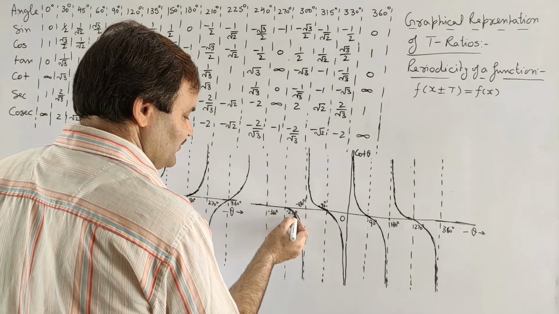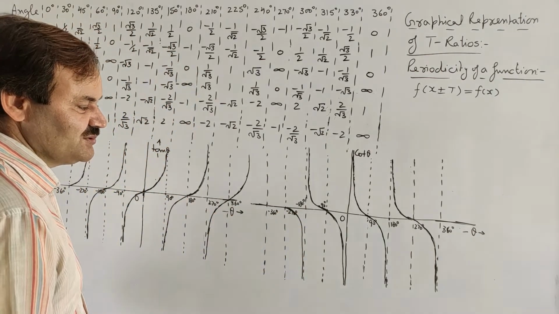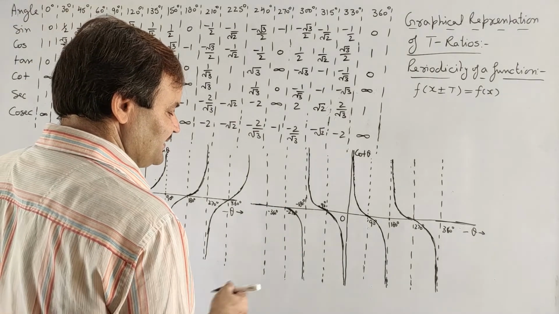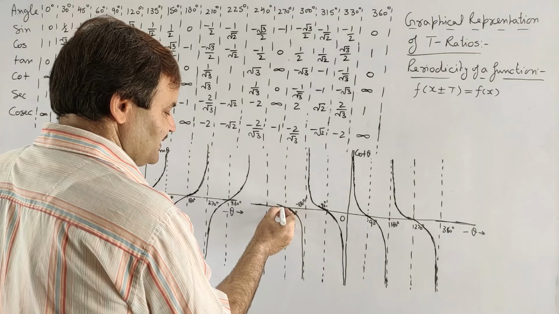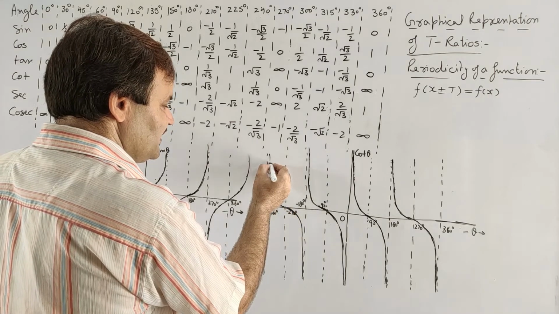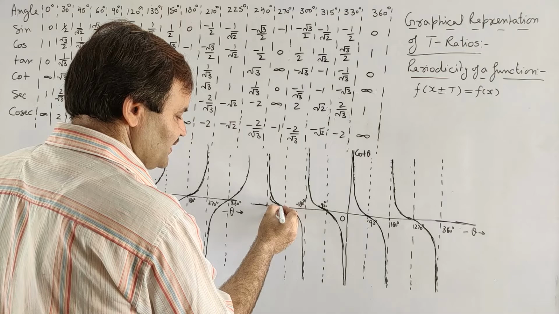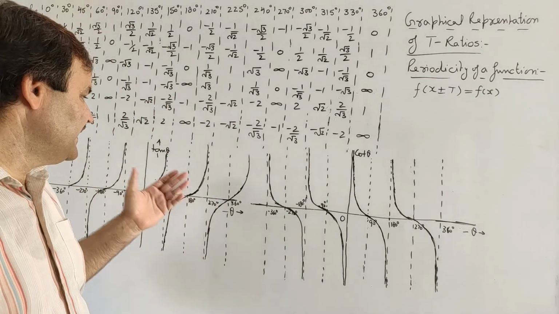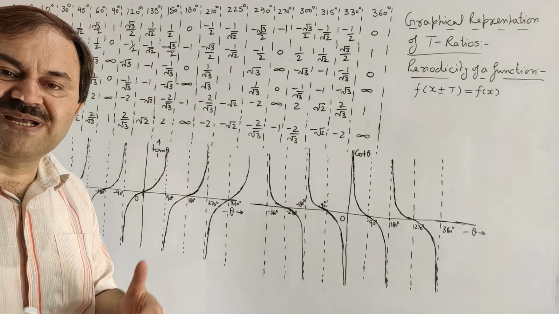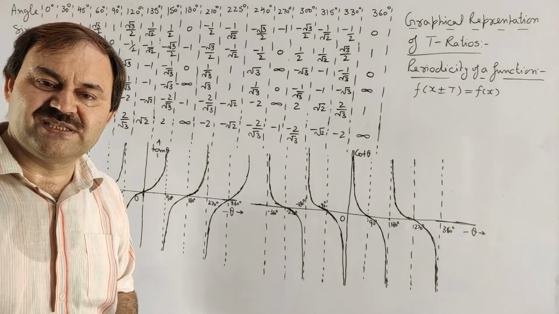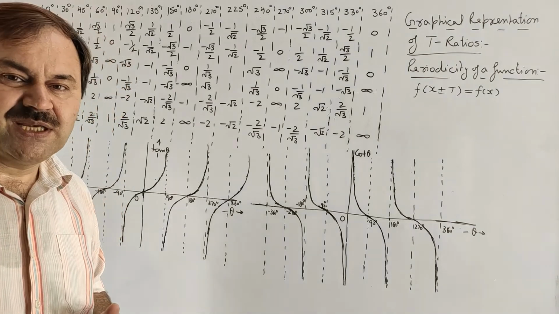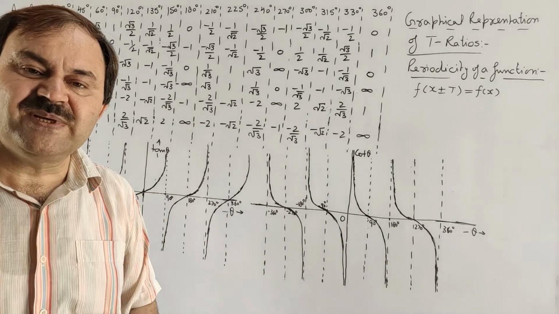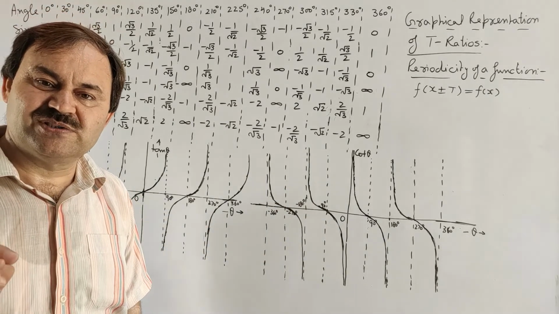this way. From minus 180 to minus 270, that is for the second quadrant, cot will be negative, and then for the first quadrant again it will be positive. So the curve will come out to be of this shape. Again we can see that tan theta and cot theta repeat their values after every 180 degree, that is after every pi radian. So the period of tan theta and cot theta will be pi radian or 180 degree.